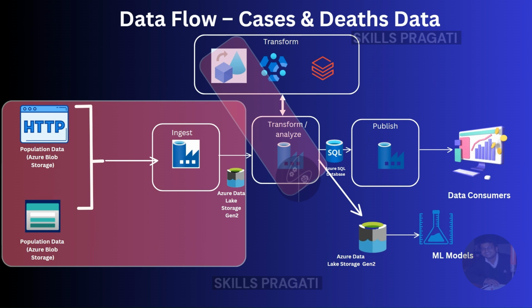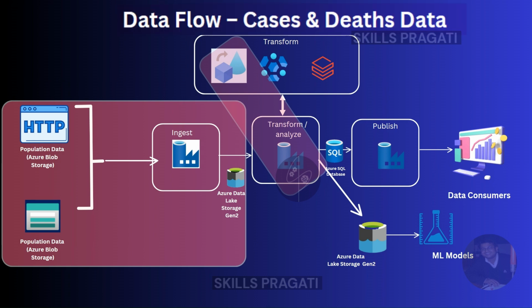In the last two modules, we ingested the COVID-19 related data from the ECDC website, as well as the population data from the blob storage into our data lake. We now need to transform this data as required for our analysis and reporting. We are going to do the transformation of one of those files in this section using the Data Factory feature